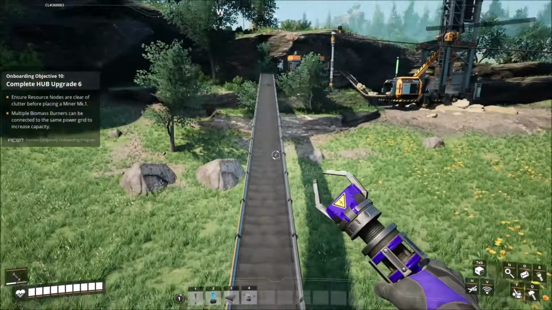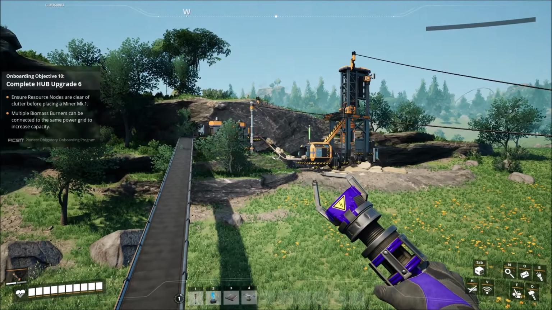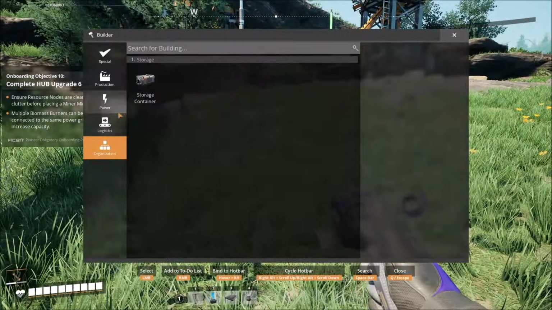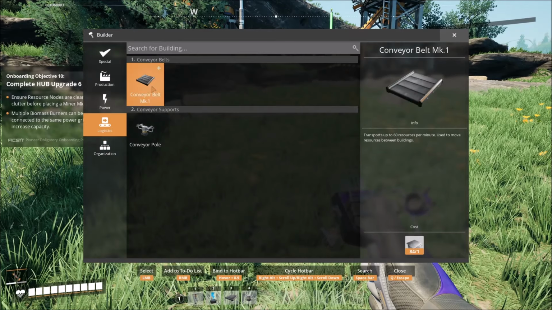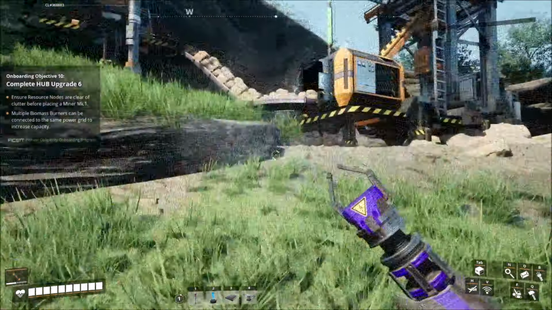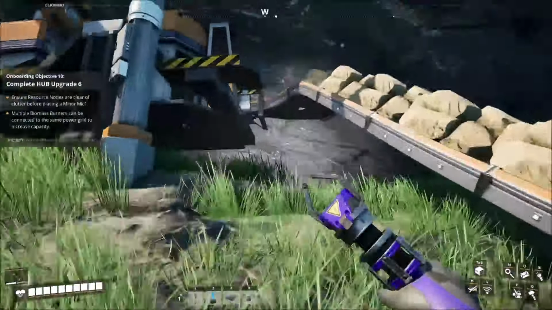We don't have our copper production going yet, but you see the limestone's starting to poop out. So, if we take a look, we haven't looked at this yet, but if we go into logistics, we look at the conveyor belt Mark 1. It transports up to 60 resources per minute. It's used to move resources between buildings. So that means that at the most...